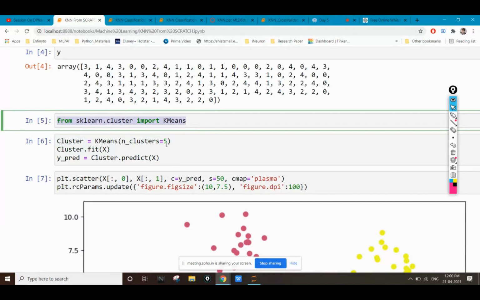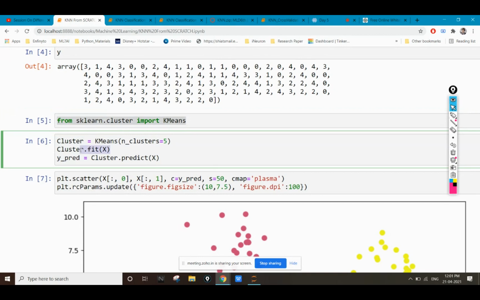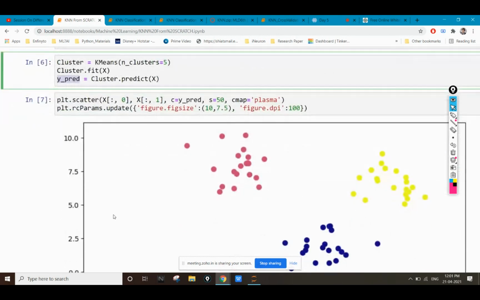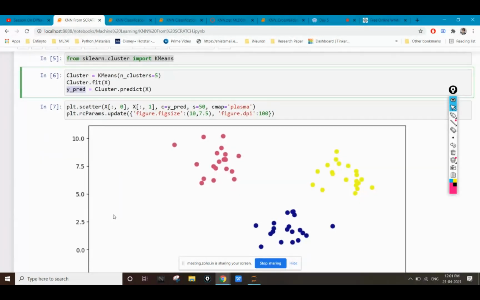You can also try with different values, like first take the value of k equal to 1, then k equal to 4, then 5, then 10, then 20, whatever you want. You can take different values and check the result. Okay, now we have to fit these points. So all the points in x which we have plotted in the figure will be fitted to this k-means algorithm, and we are going to predict the result inside our variable y_predict.